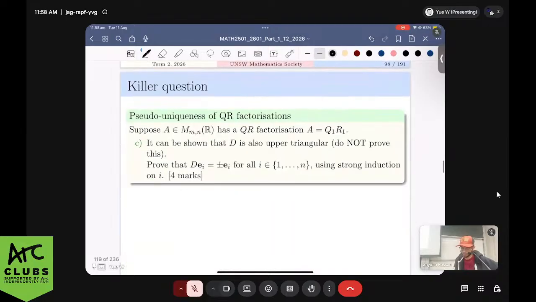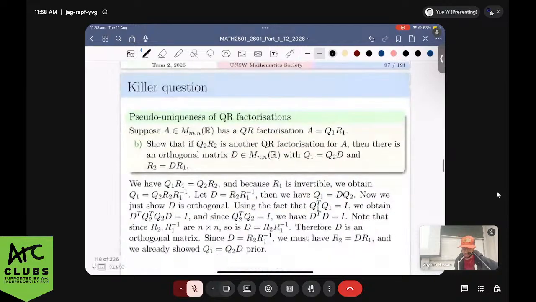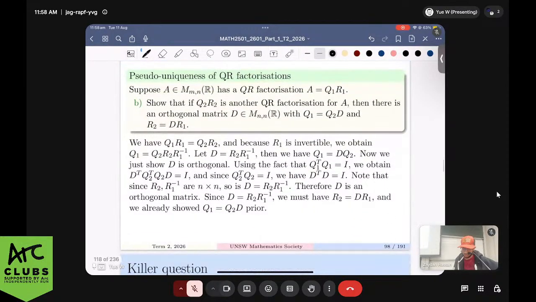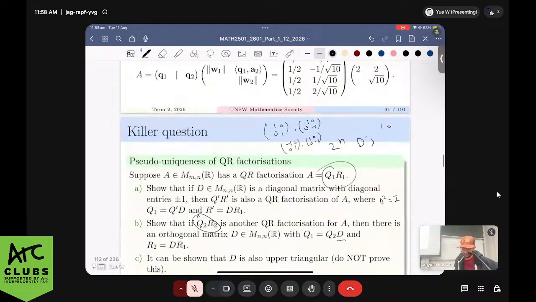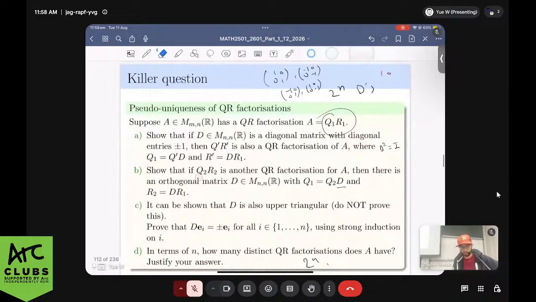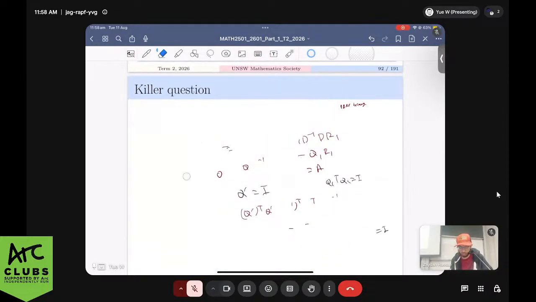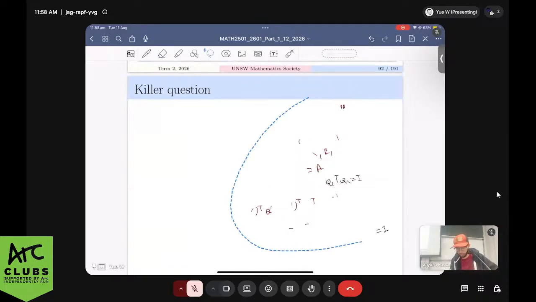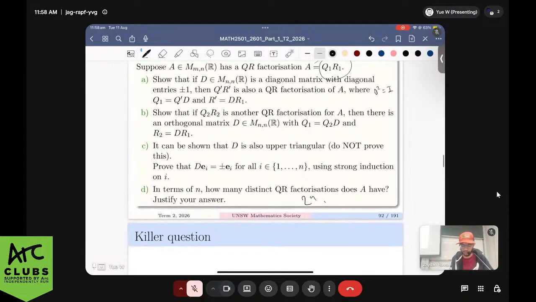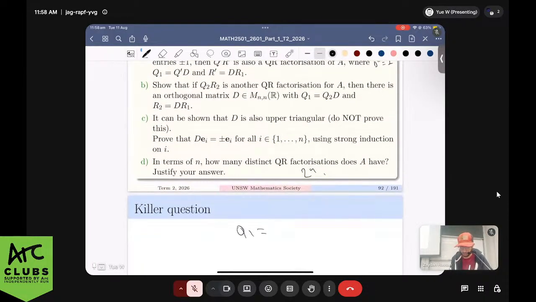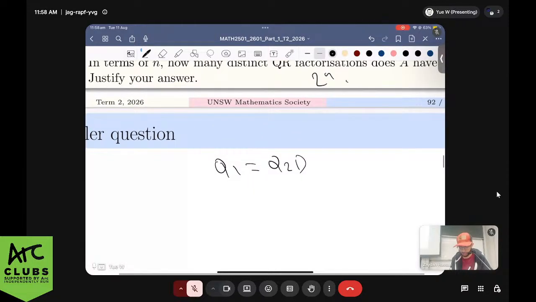Okay, so where's the induction proof? Okay, wait, let me go back to this one. Let's see. Okay, so for part B, what we had was Q1 equals Q2D. So let's see, so D,